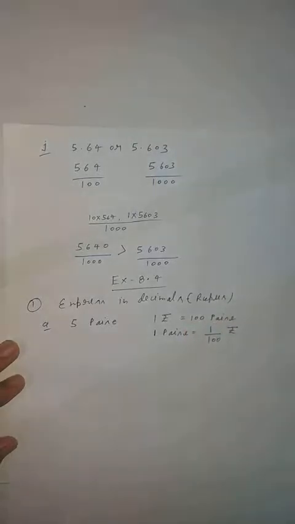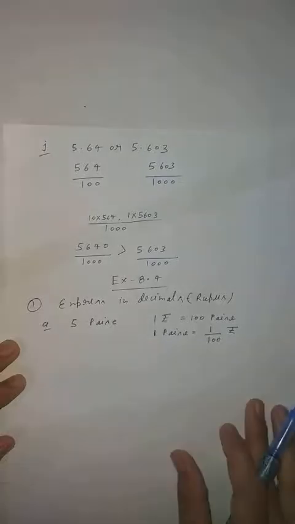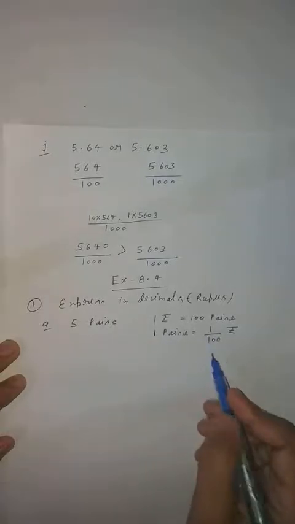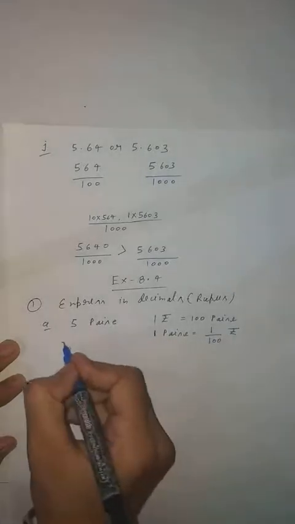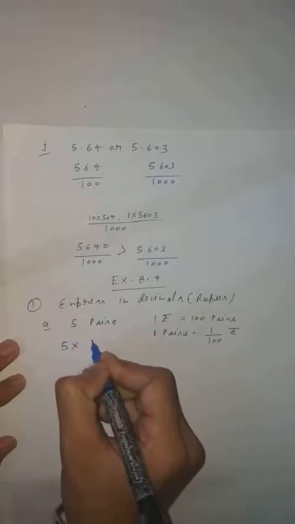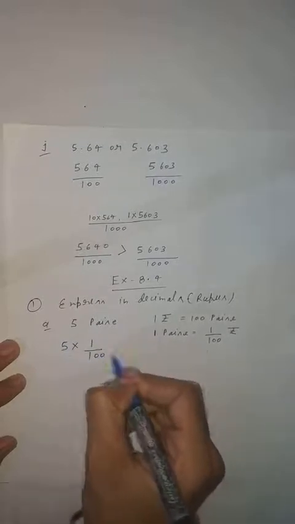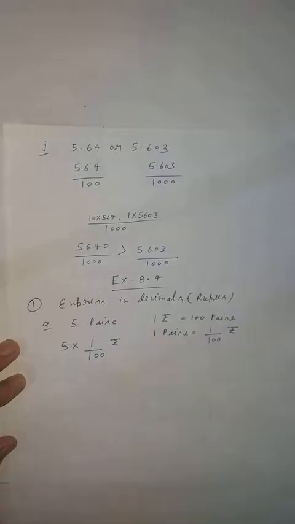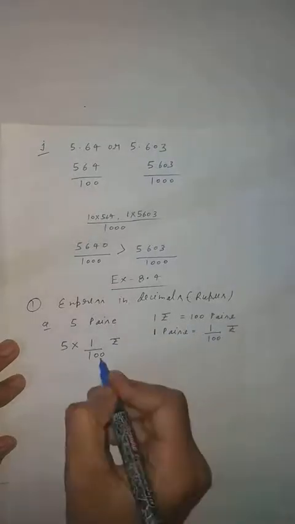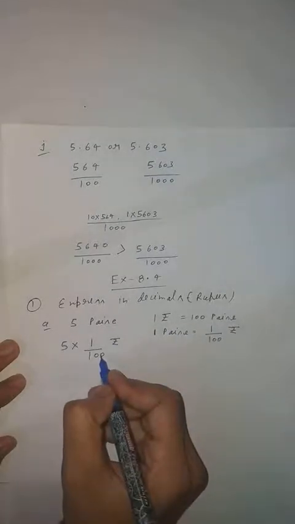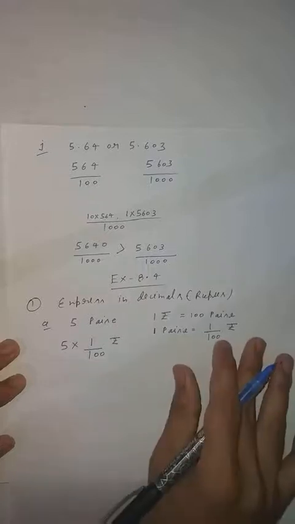Chalo. Now 5 paise is given, so you know that 1 paise equals what? 1 upon 100 rupees. So what you will do? 5 paise is given, so 5 multiplied by what? 1 upon 100 rupees. Clear? Now similarly I explain if 20 is given. Achha, let us check by division.